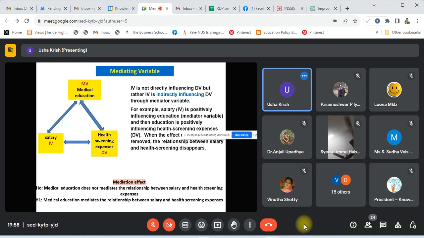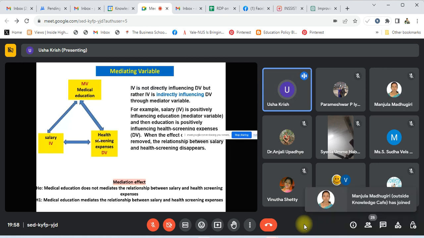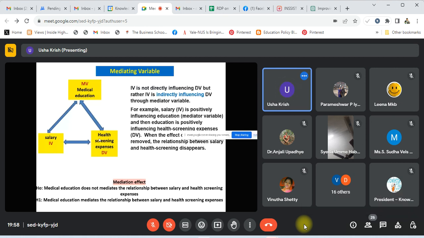Mediating variable. The statistical tool which is widely used by research students today is mediation analysis. Now, let us discuss this statistical tool with an example. Friends, if we use three variables, like